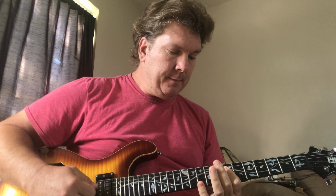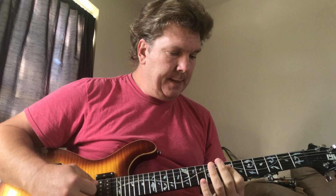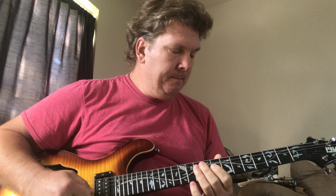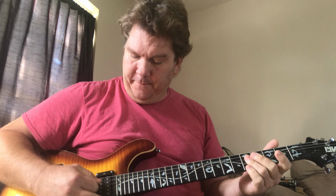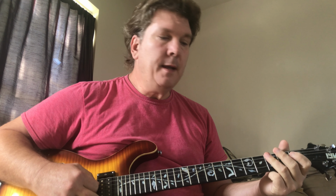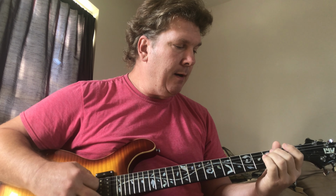That's our D. 10th fret, that's our F on the little riff. 5th fret, it's going to be C. 3rd fret is going to be our B flat. And then we can play our F on the verses